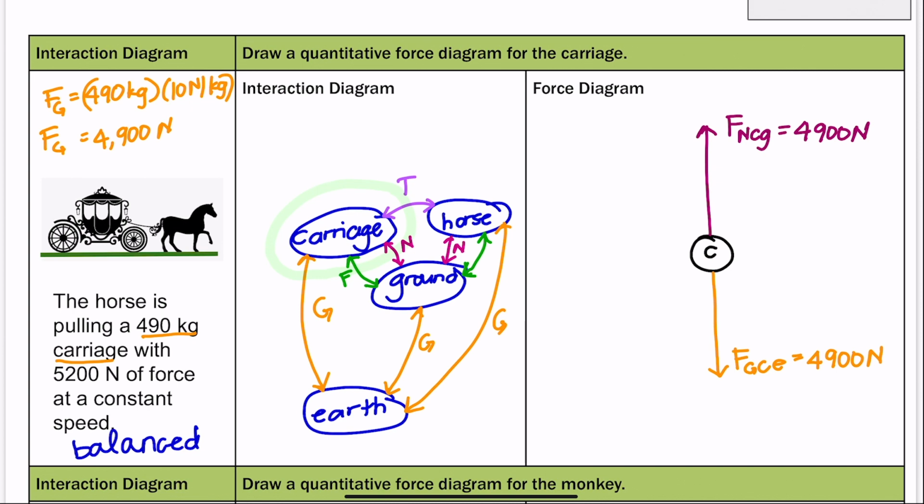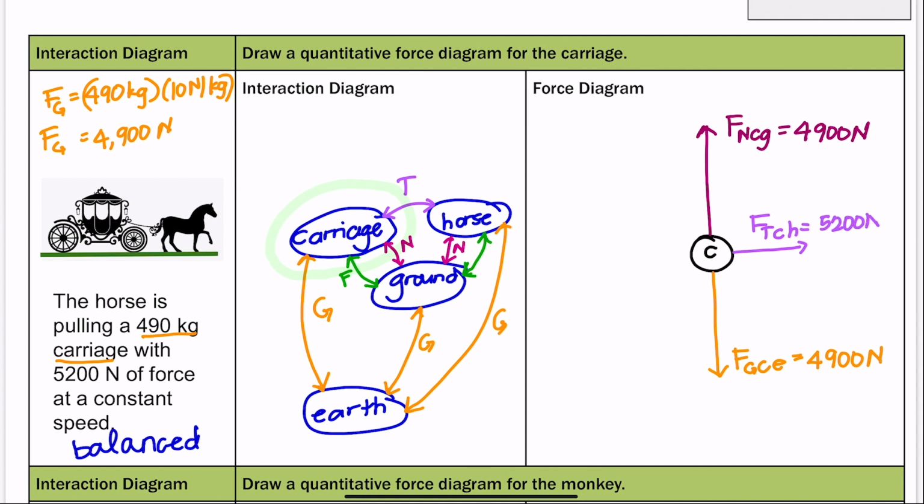Now you have to think, in what direction is the horse pulling the carriage? Okay, so the horse is pulling the carriage to the right, and the carriage is pulling the horse to the left. Okay, so we have the tension force here on the carriage from the horse with